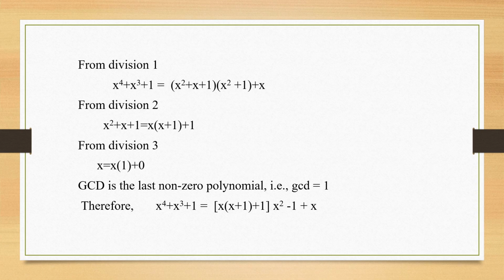Therefore, you remember the question? The question was asking, represent it as a linear combination of the polynomials. Therefore, you go back to the original dividend, that is your g of x, write it there. In place of x square plus x plus 1, you already have its value in your second division. Go back and substitute that value there. So I have substituted in place of x square plus x plus 1, right? And then in place of x, I will substitute it from the third division. So it's going to be x plus 0, which is just x. So this is how I represented it using a linear combination of the polynomials.